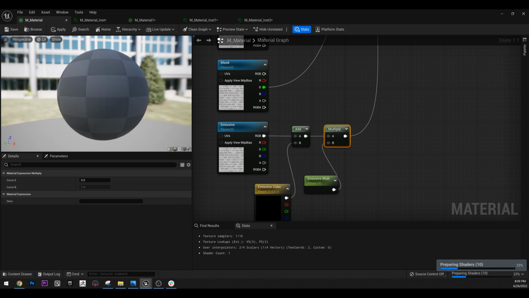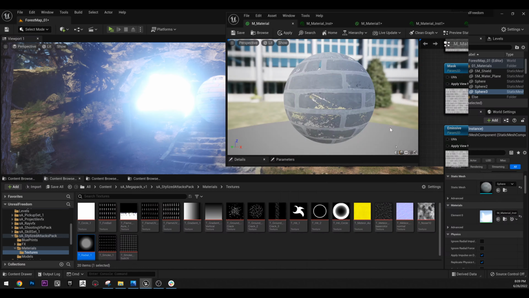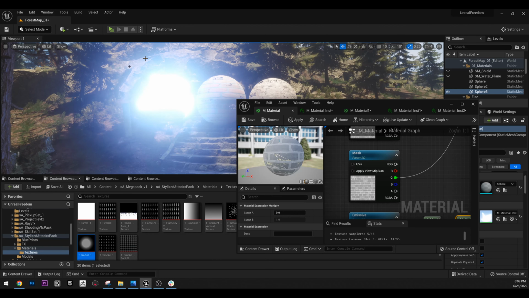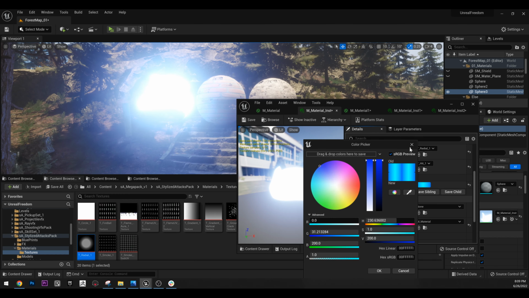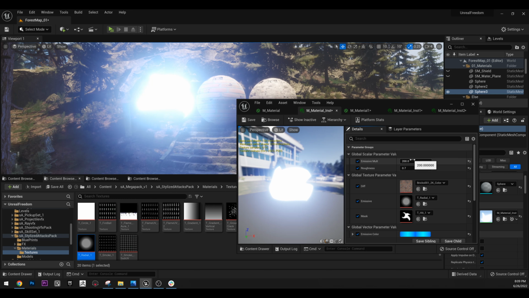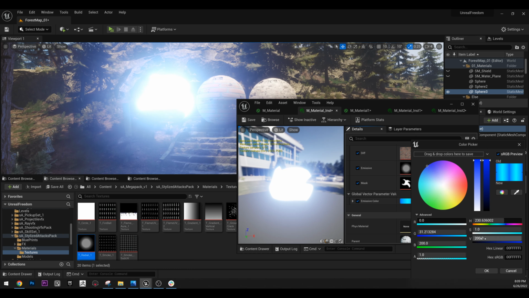save the material. We do save because save basically does the same as apply, but also saves our material and compiles it. So now you see it's very bright and very blue, because this is 400. First we have the 200 from here, and actually it's not 400, this 200 is multiplied by 200, it's a lot more than 400. So if we put this to 1,